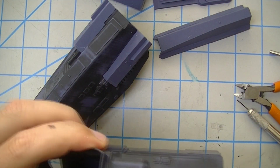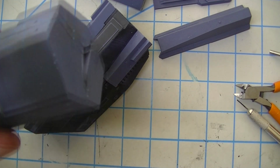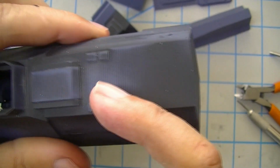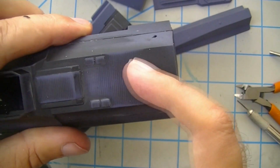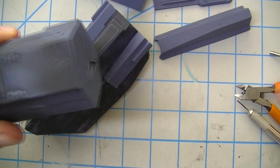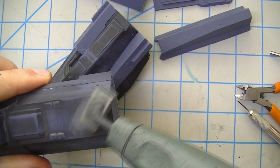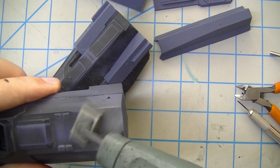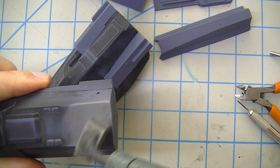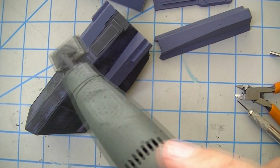So, okay, let's pick a spot just to demonstrate. So you can see here where I've sanded areas that are going to show. This area back here is not. But I can feel those layer lines with my nail, and just like that,